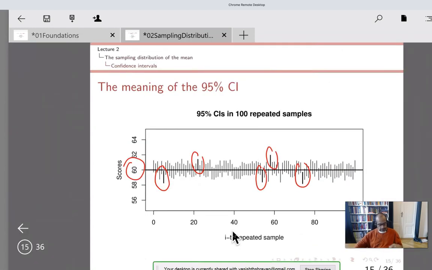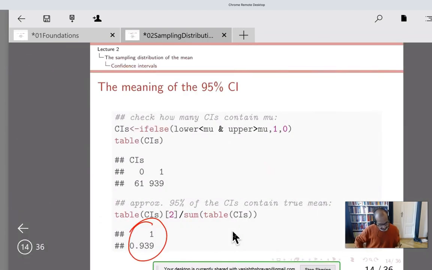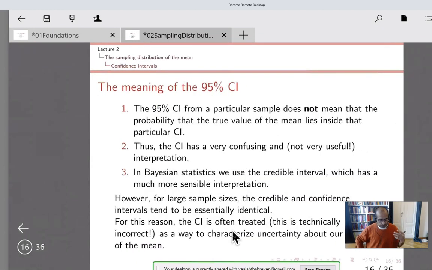So the horizontal line lies within the interval, but 5 or so, 1, 2, 3, 4, 5 exactly, right? Maybe 6, I don't remember. Yeah, there's exactly 5 intervals here that don't contain the true mu. So I just got lucky here. I got exactly 5, but if you run this simulation, you might get slightly different numbers. Okay. Right, so that's the meaning of the confidence interval, that under repeated sampling,